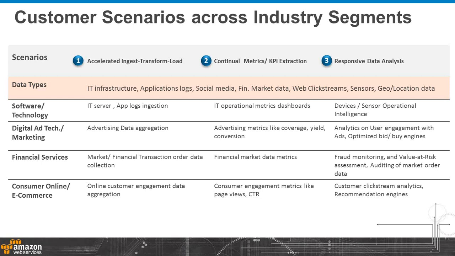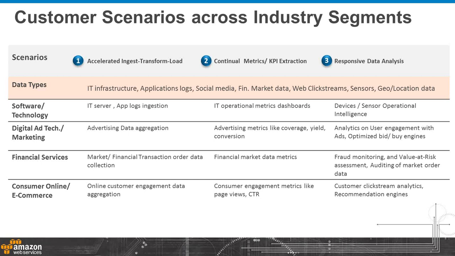A digital ad tech company would desire the ability to generate real-time metrics like ad coverage, impressions, click-through rates, yield rates, and to get those metrics in a continuous real-time fashion as quickly as those end customer interactions are happening with those advertisements.